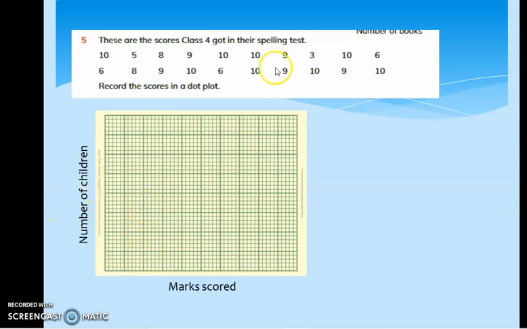That 20 children spelling test scores are given. So this is the dot plot. So number of children and scores by each child. So on the x-axis we mark marks scored, and number of children on the y-axis. Now